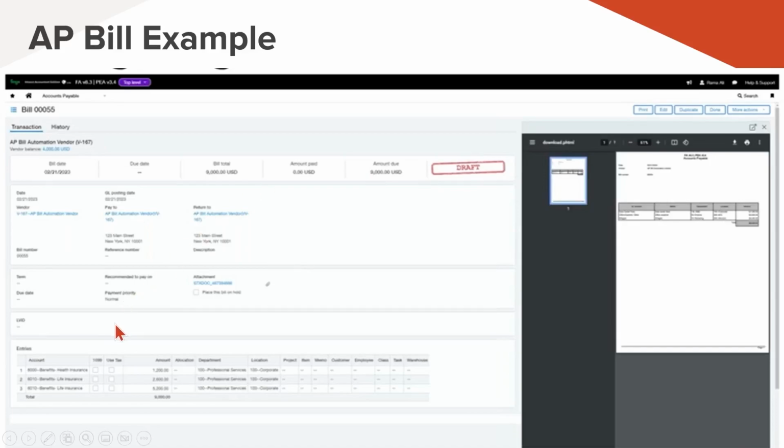Also, the pre-coding down below in the entry section. So if you get a Staples office bill in the mail, or a rent bill, and it always goes to the same spot, it pulls up the entries from last time. So it kind of default codes it for you, and you don't have to start over from scratch each time. That is something nice that they have put on there.